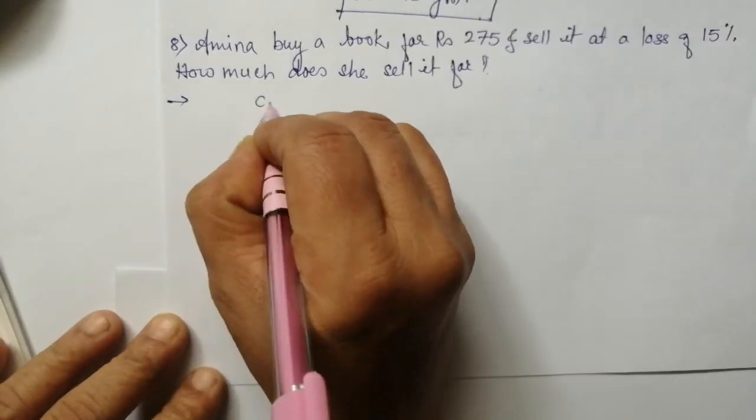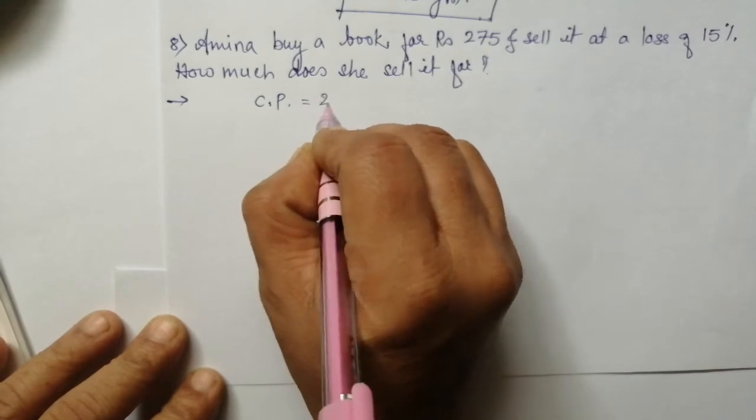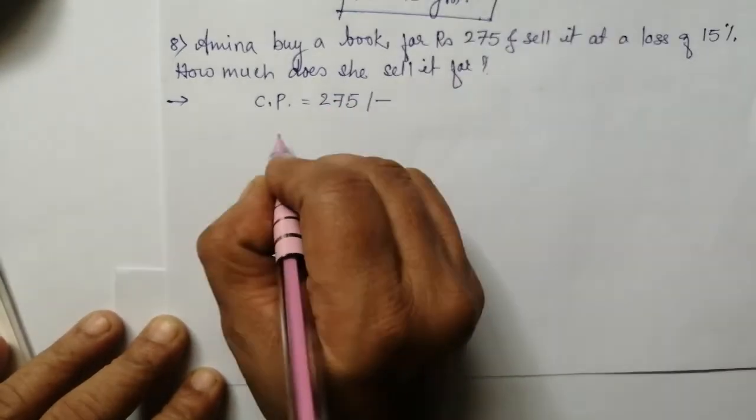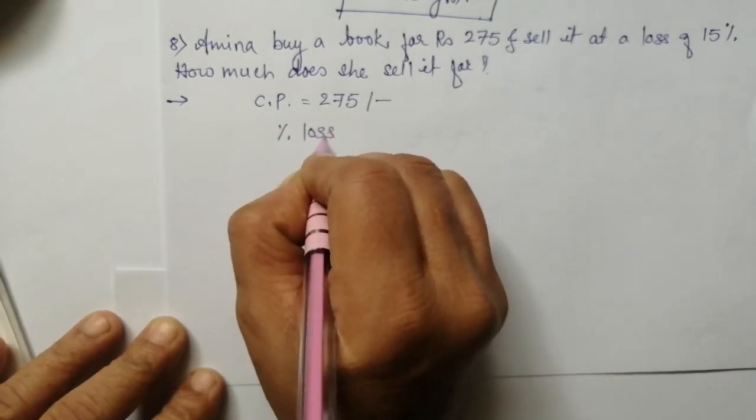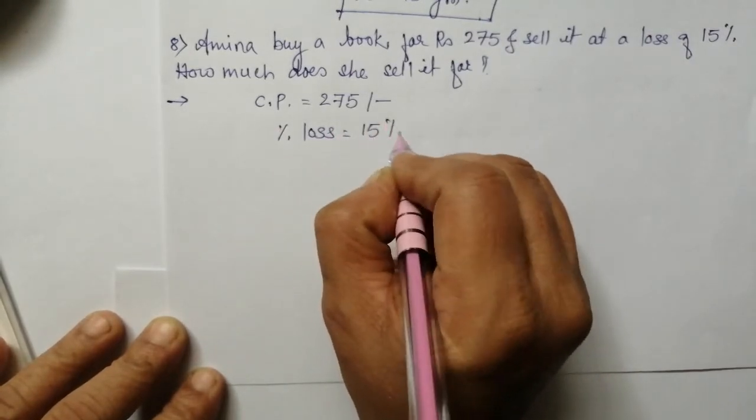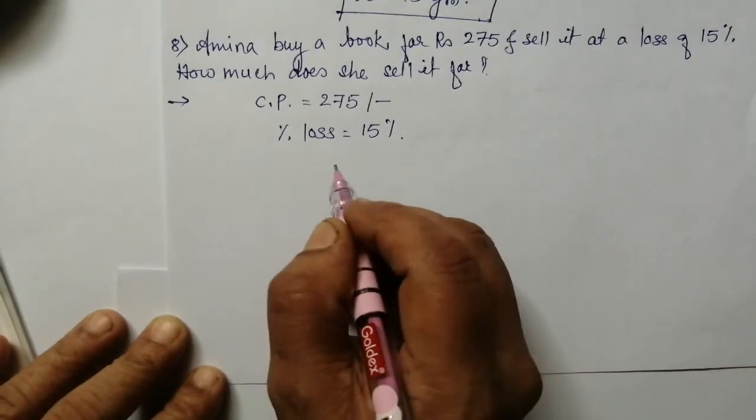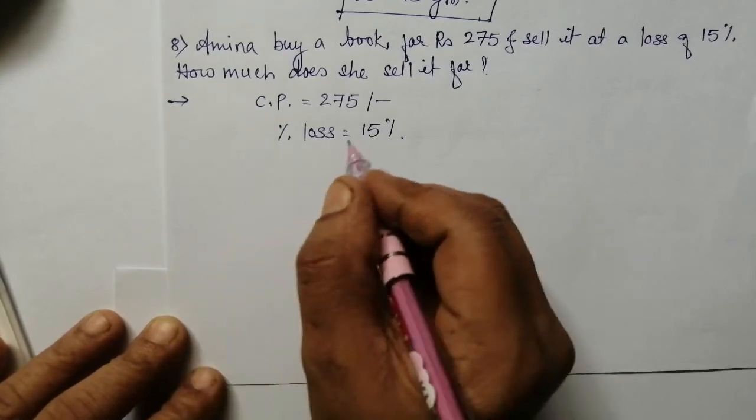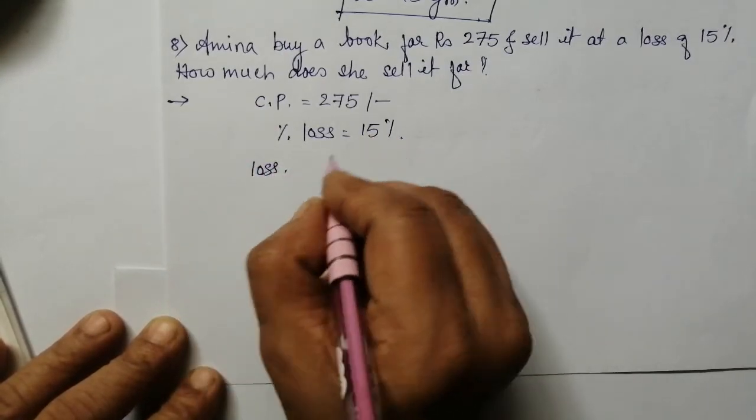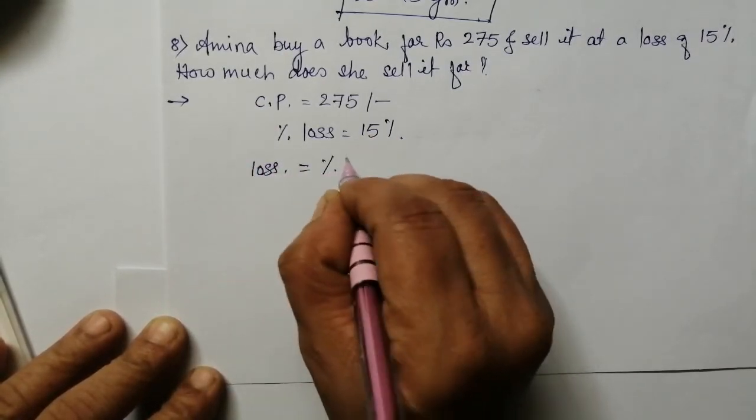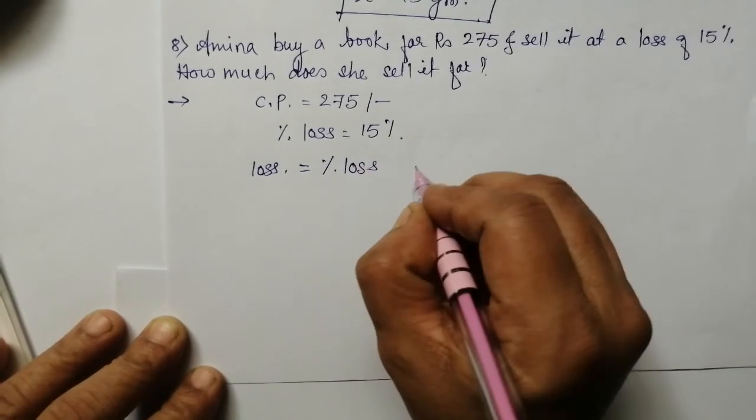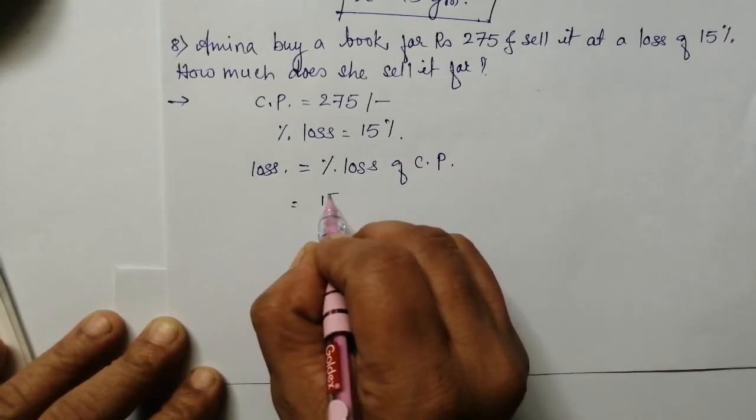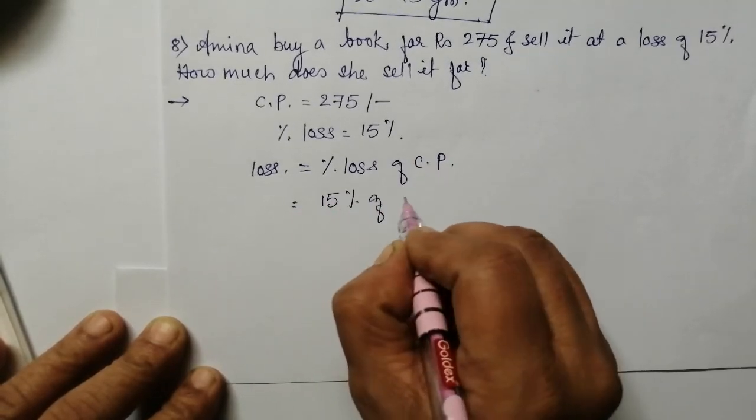So first of all, directly write down cost price is equal to 275 rupees. Percentage loss given, that is 15%. Now here we have to find out what was the cost. Now see, loss is equal to what? Loss is equal to percentage loss of cost price, means 15% of